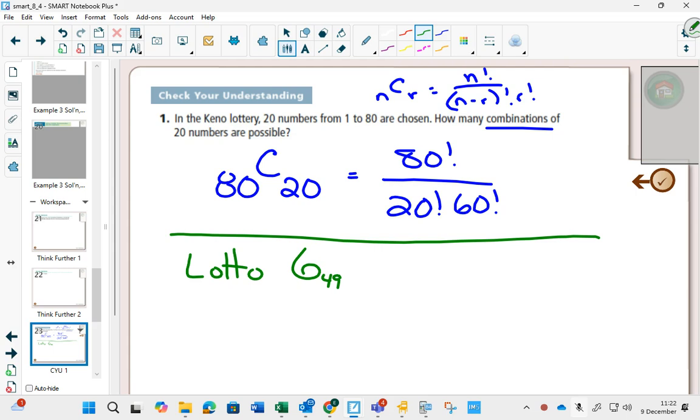So the Lotto 649 is based on the idea that there are 49 numbers and you have to pick 6 of them. And the order doesn't matter. Sometimes they have balls in a barrel and one number comes out, then a second number comes out. It doesn't matter what order you pick the numbers in. If you pick all 6 numbers, you win the huge prize. Okay? So what that means